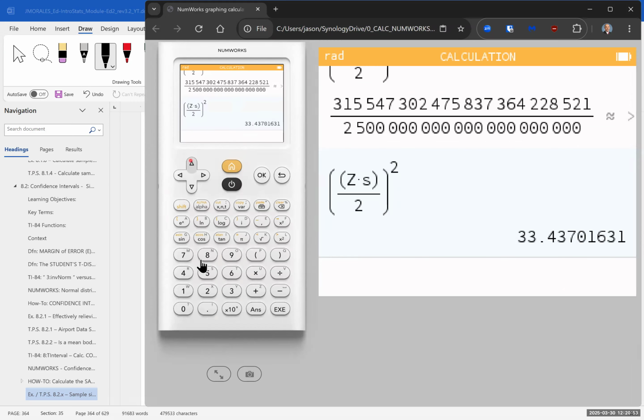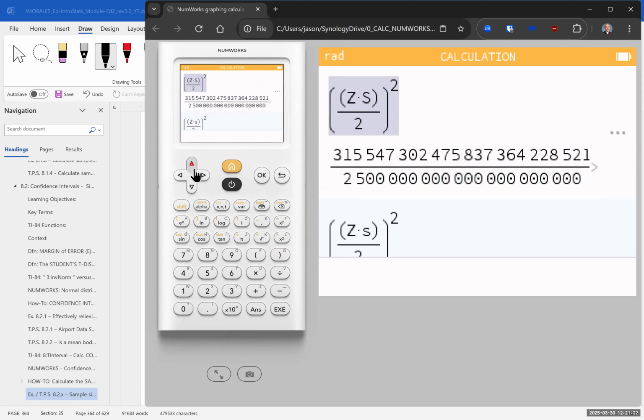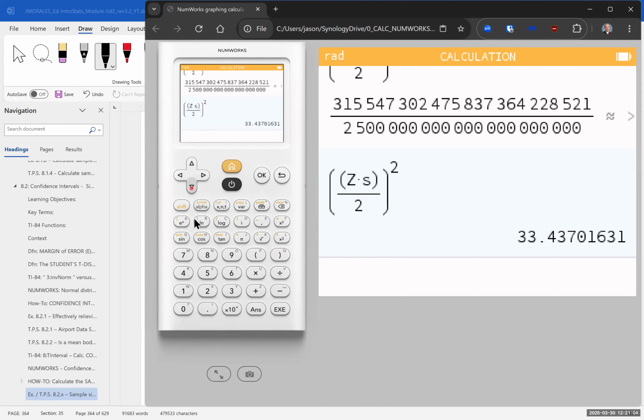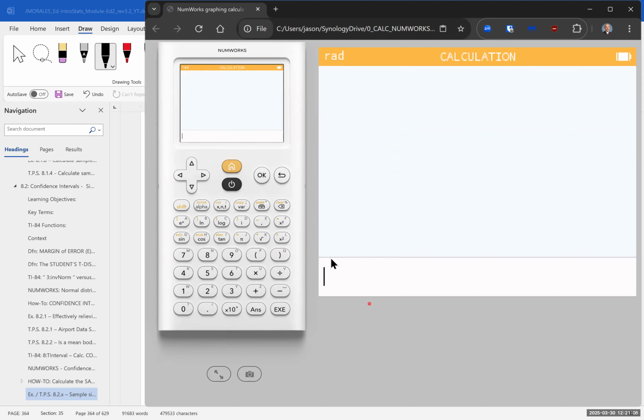On the numerics calculator, I think because I can use upper and lower case, I'm going to do a lot of these calculations using the numerics calculator. All right, so let me go ahead and clear what I've got just to simplify things. And let's go to the